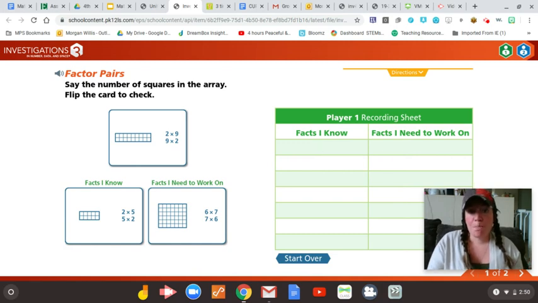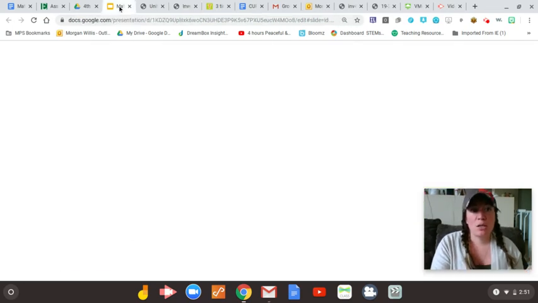So what you're going to do today is go through this pile of cards. If you need to check your answer, you can just click on it. It'll flip to tell you the answer. Click on it again, and it'll flip right back. Then, in your Google Slides for today,